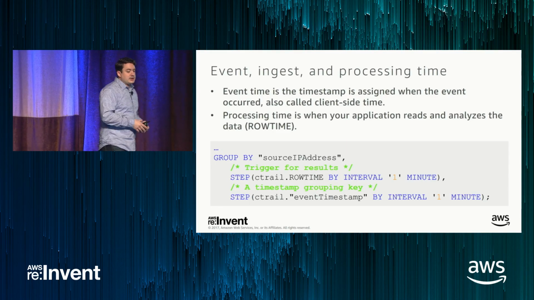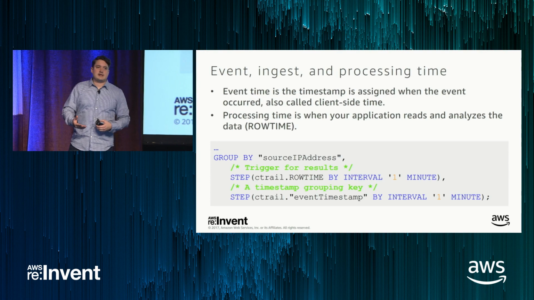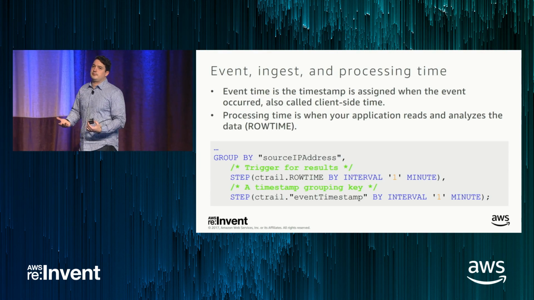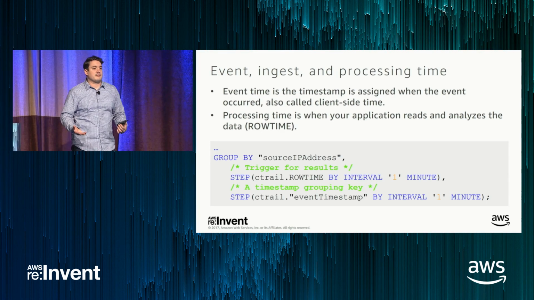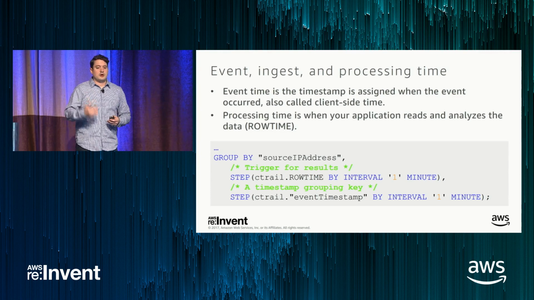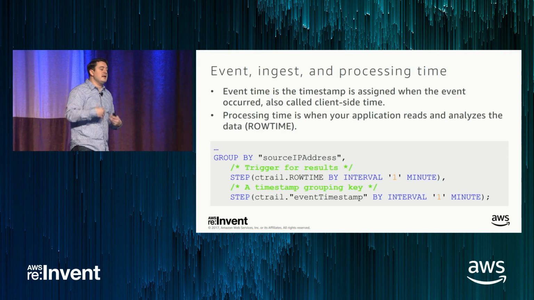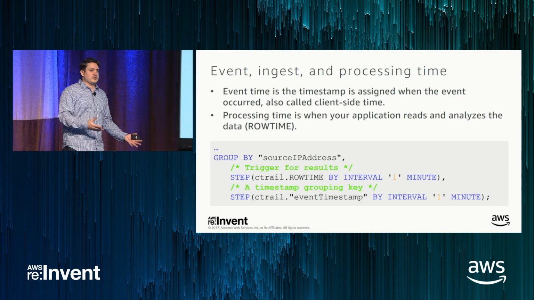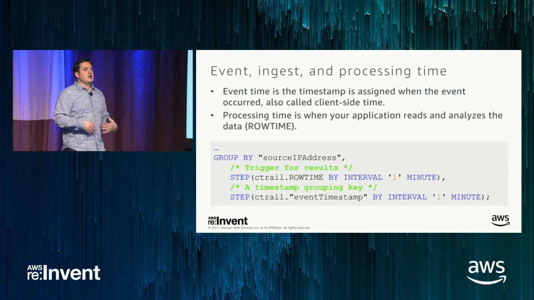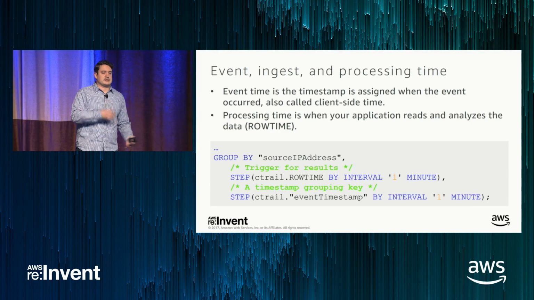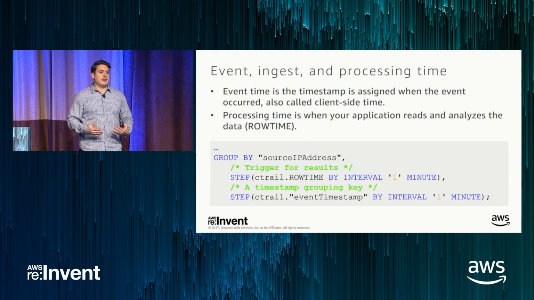The aggregation key on the event timestamp is really the timestamp grouping key. This is what the result is going to be, the result you're going to have that means something to you. It doesn't matter what the server time is to you. The event timestamp is what you want to do your aggregation on for use cases that require it.